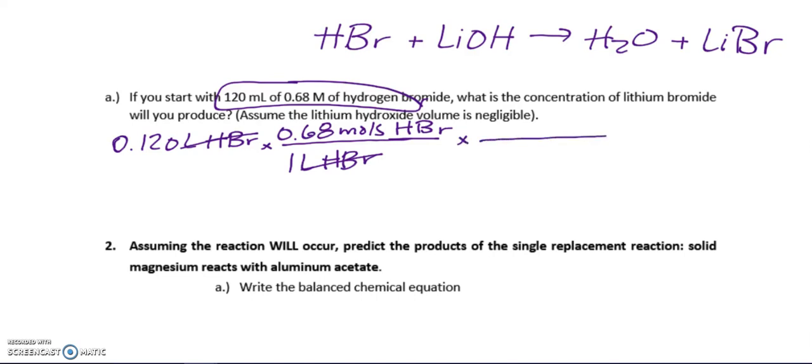So for every 1 mole of hydrogen bromide, you're going to get 1 mole of lithium bromide. So this will tell you how many moles of lithium bromide you have, but it's not going to tell you the concentration yet. So we'll just solve for this first. So 0.12 times 0.68 equals 0.0816